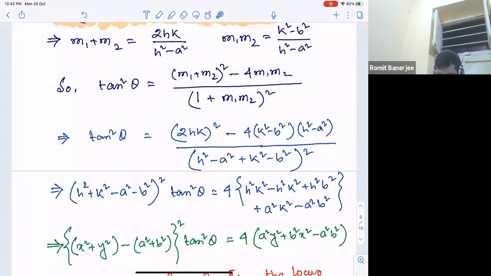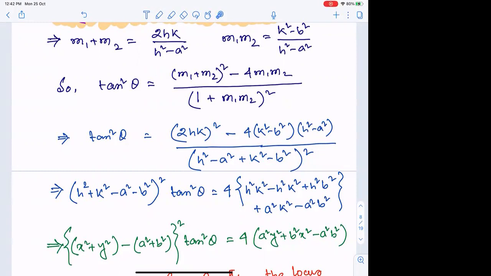Yes, sir. And why we should do so, we have already discussed in parabola. If theta is some odd multiple of pi by 2, then tan square theta is not defined, but cot square theta is. So over there, we will write this as cot square theta on the right hand side. But if theta is any even multiple of pi by 2, then cot square theta is not defined, but tan square theta is. And hence over there, we will follow this formation. Is that clear?